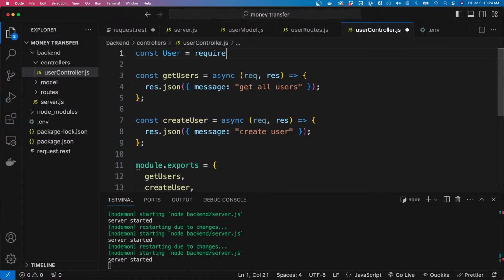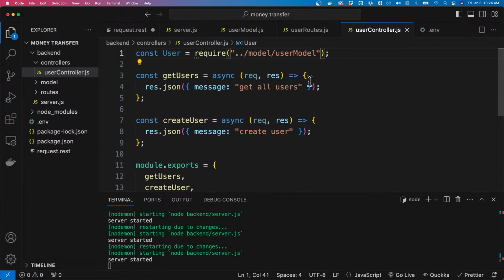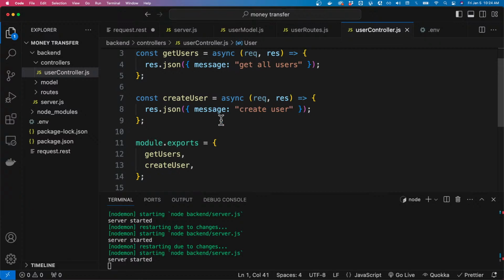Saying user equals require user model. Yeah, everything works. Okay. So now let us try and create the user, first of all, by creating a try catch